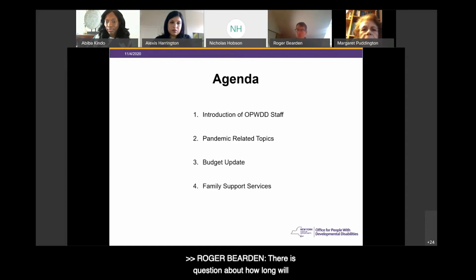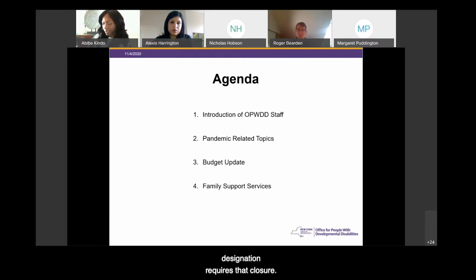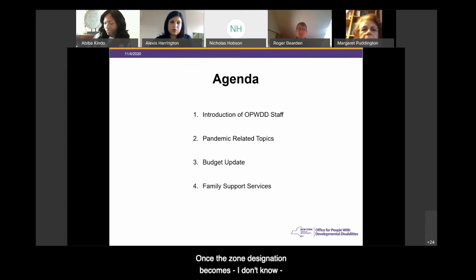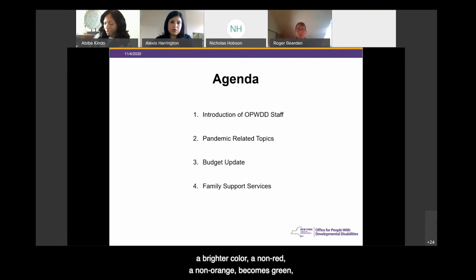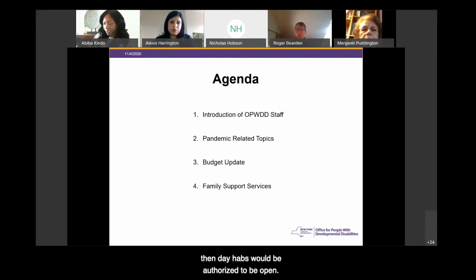So there's a question about how long day habs will be closed. That's an excellent question. Right now, day habs are only closed where the zone designation requires that closure. Once the zone designation becomes a brighter color, a non-red, a non-orange, becomes green, then day habs would be authorized to